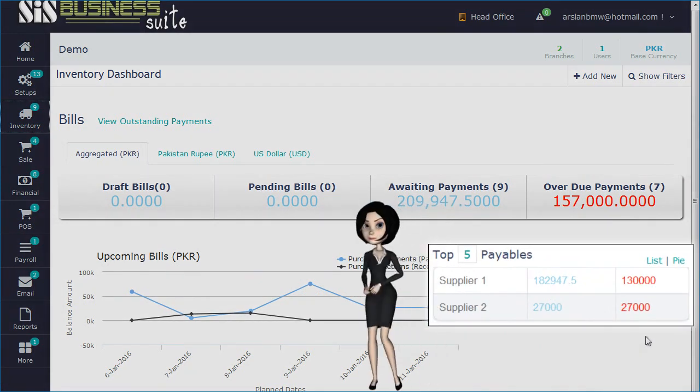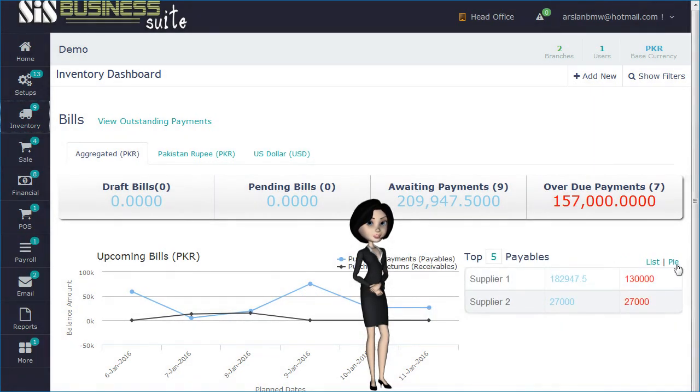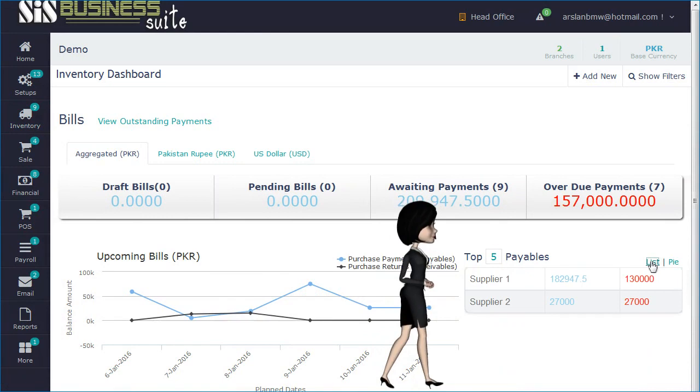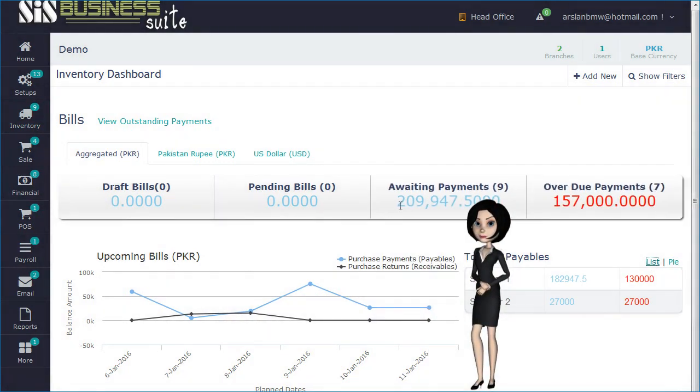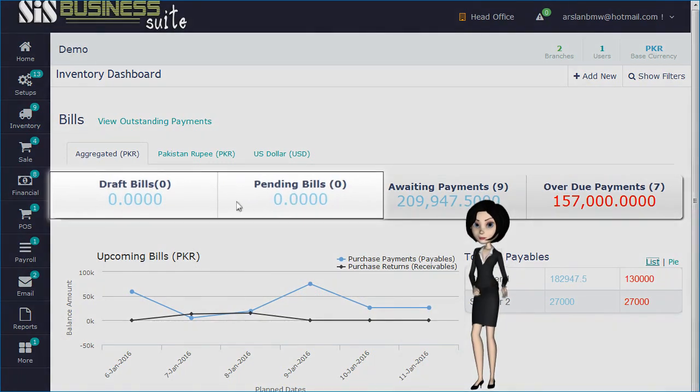And here you can see by default, the topmost 5 payables owed by the company. And you can also see as many payables as you want, by changing this value. You can also see the same through a pie chart. Further it shows up-to-date total awaiting payments and total overdue payments, as well as purchases, meaning supplier bills in drafted